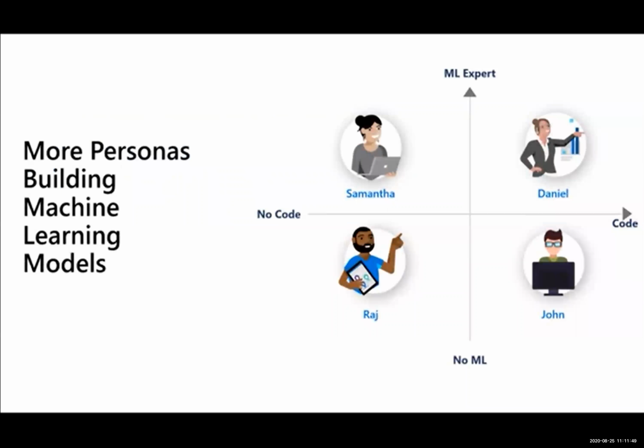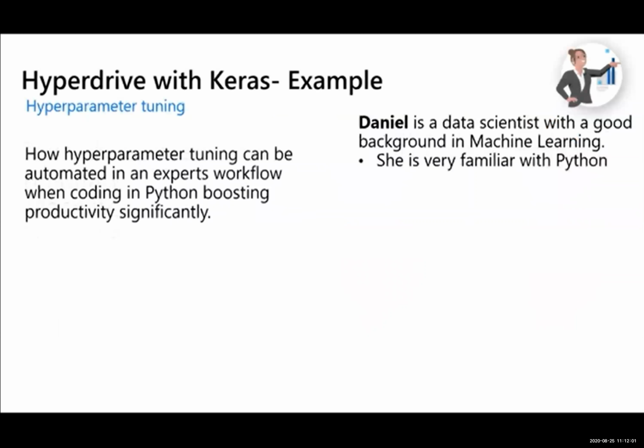We're going to go ahead and revisit the personas again, and the final persona that we're going to consider today is someone like Danielle, who is an ML expert and knows how to code. To give you a little bit more detail about Danielle, she is a data scientist with a good background in machine learning. She is familiar with Python code. She often tunes algorithms and creates machine learning models using notebooks. She frequently runs out of computer memory on her local machines, and let's see what we can do to help